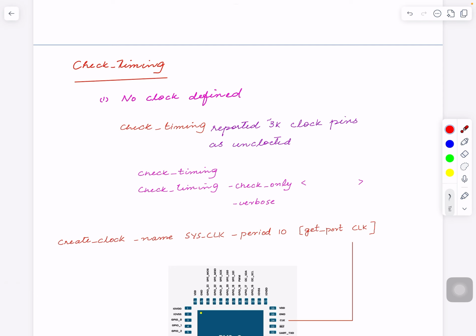Okay, so check timing: without creating any clock definitions, we ran check timing. And as you expect, it gave us about 3,000 clock pins which are not clocked, which was as expected. So at least we knew that there are 3,000 sequential or end clock pins. Okay. So we ran check timing, and check timing throws a lot of warnings and gives you the count